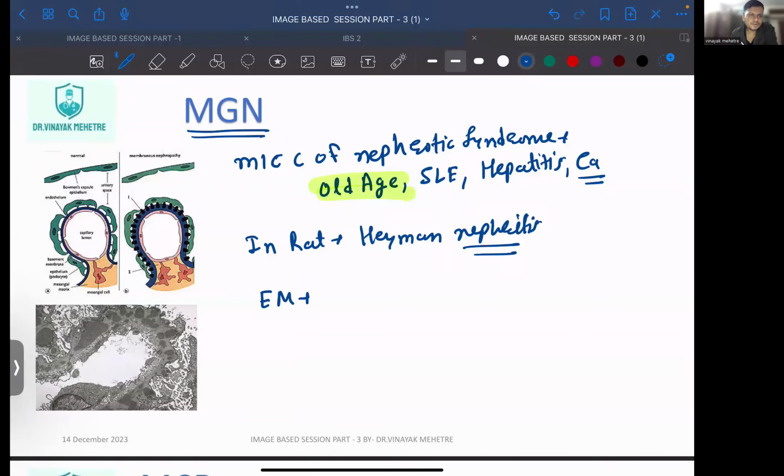So in electron microscope, what do we get, anyone? Loss of foot process, and one more,